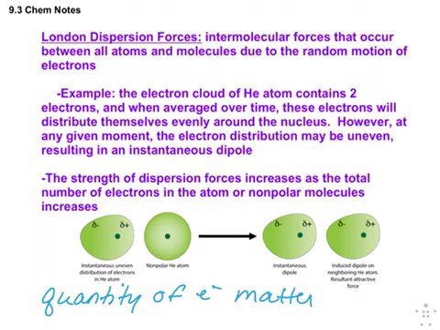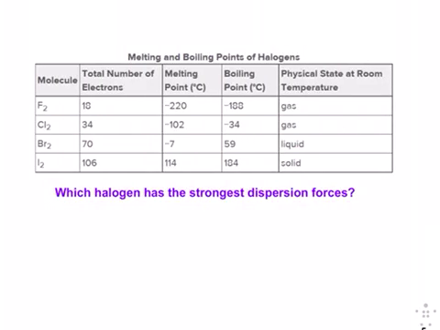Kind of putting it into practice, if we look at this table, it's asking which halogen would have the strongest dispersion force. These are all halogens. So which one of these is going to have the strongest dispersion force? Cora? Iodine does the most. Yeah, good. Iodine will because it has the most